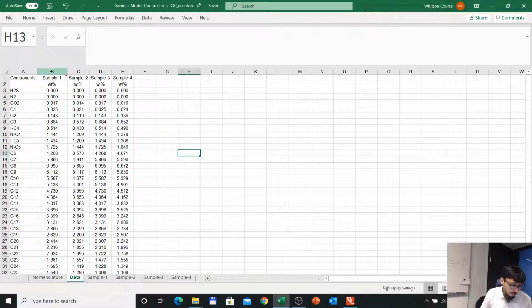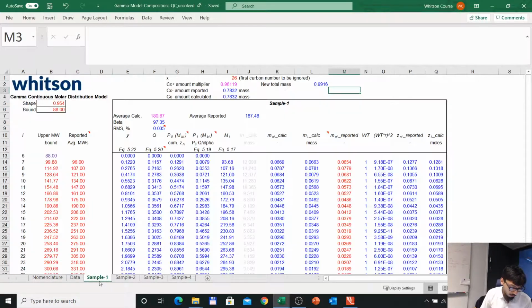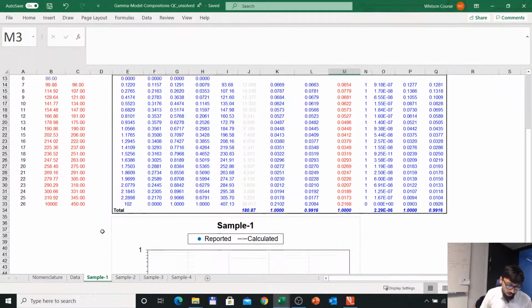Okay, so we start with sample one. We have four spreadsheets here, using the data for each sample. In all the spreadsheets, everything is the same. It's just that we are using the compositional data for the different samples. Okay, so we go to the sample one spreadsheet. Okay, so now here